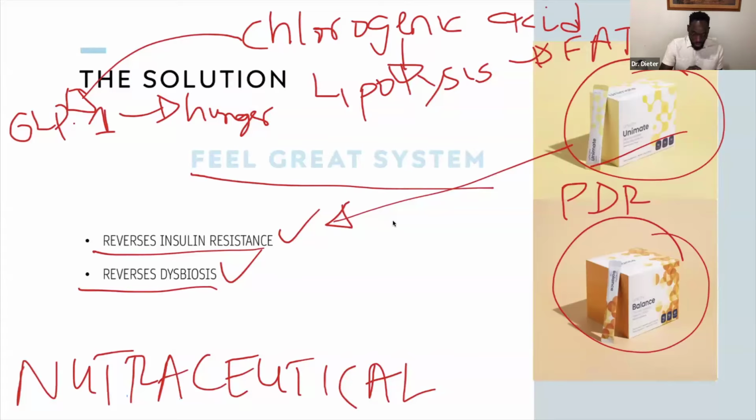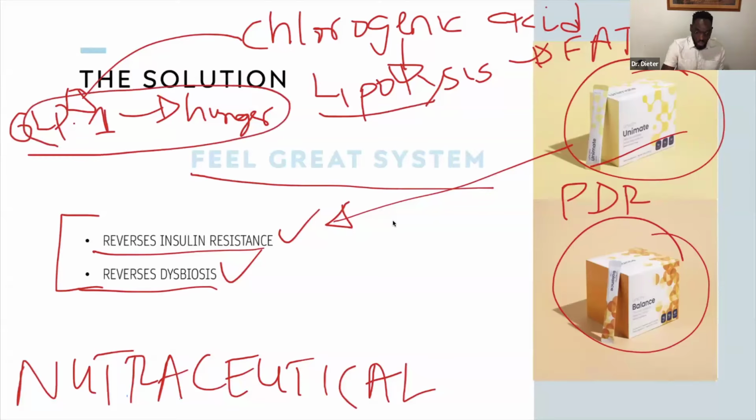So we're using the science of intermittent fasting and fiber supplementation to address this root cause. So the Unimate helps in lipolysis, and it helps to produce GLP-1s to help you to be able to fast without any issue, seamlessly. Now, let's examine how the fat burning property of chlorogenic acid will help you in reversing